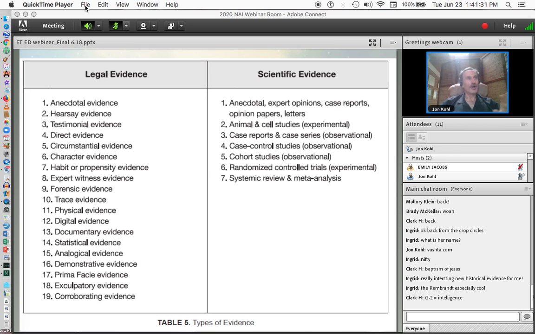Now, I can't tell you what all of these kinds are, especially towards the end of the list. But you can see just from what we've gone over already that most of these forms of evidence UFOs have an abundance of. Anecdotal, hearsay, testimonial, direct, circumstantial, expert witness, forensic, trace, physical, documentary, statistical, and I don't know what analogical is, etc., etc. So the evidence that is being produced in large quantities about UFOs and paranormal is,